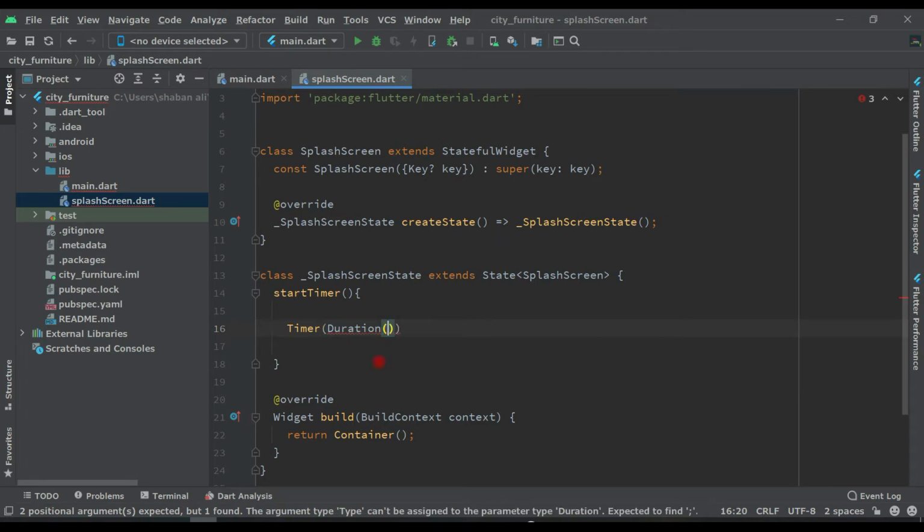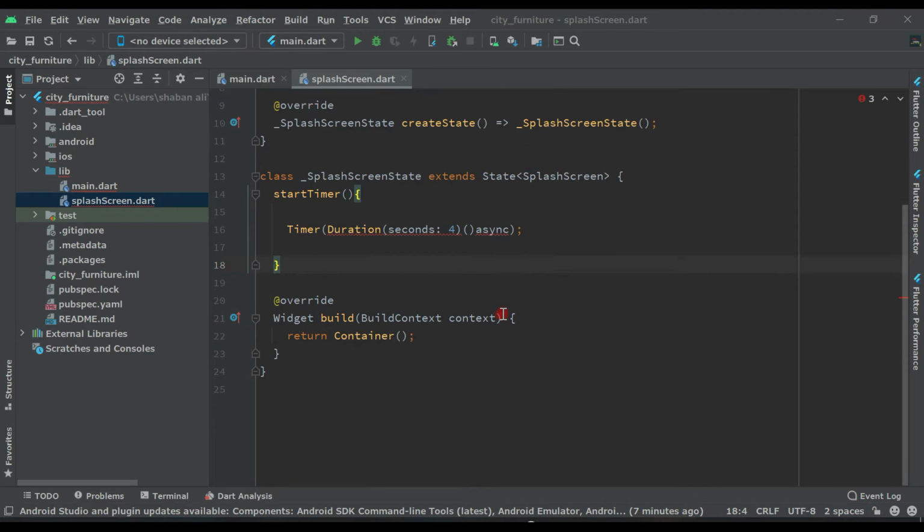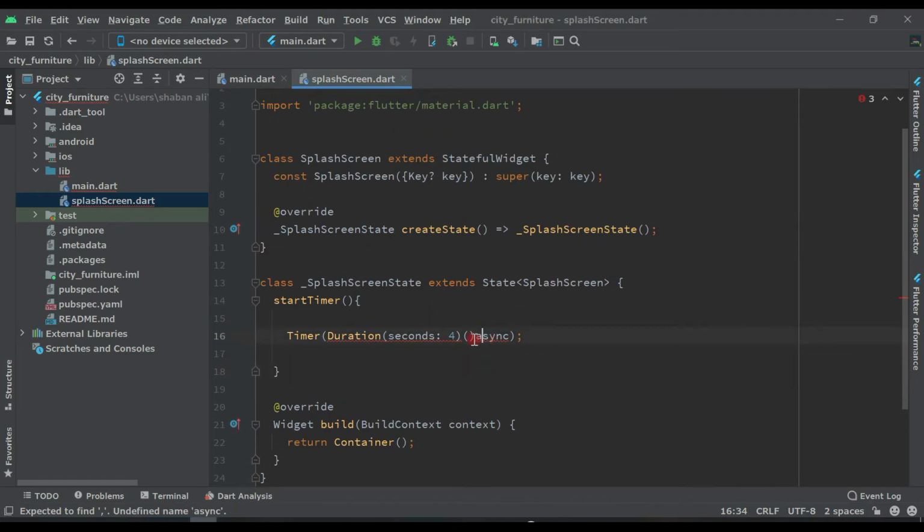then open brackets again, write seconds, and how many seconds you want to display this screen, splash screen I mean, let's say 4 seconds, and then after that close it, and here write async, let's put a comma here, we forgot to put a comma here, comma, then after async let's open a curly bracket.